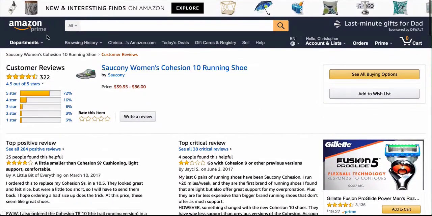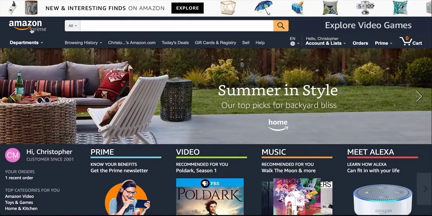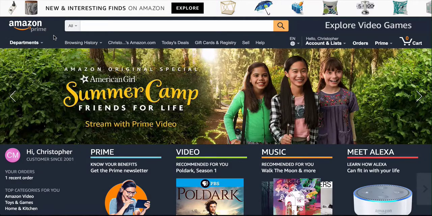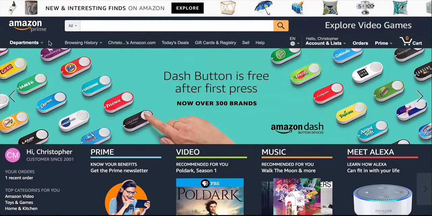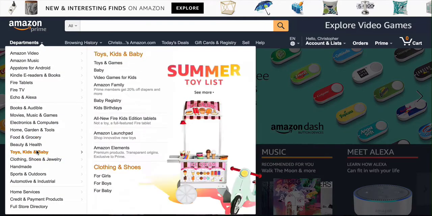Okay, so now I want to go back. That's one way, if you already have a product, how you can get customer feedback. The second way is if you're just starting out, or you want to explore other product ideas in your market. One of the ways you can do that is to look in departments. And here's where you can